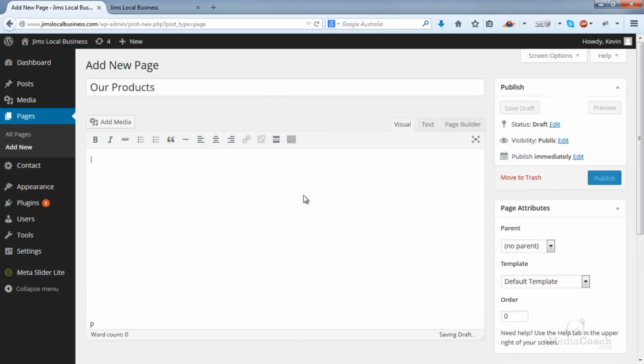Now what you see here is a text editor. When you're in the Visual tab, you can basically use it like a Word document. You can bold things, italic, put in some bullet points, numbered lists,